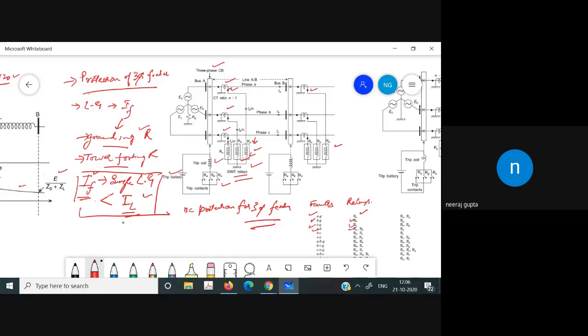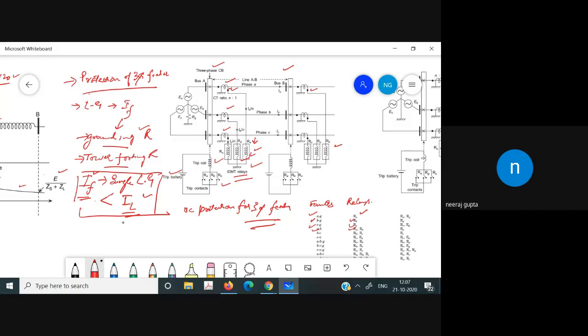So it will not cater this type of fault if we have a line to ground fault in which we have a high value of resistance due to the grounding or due to the tower footing resistance. These types of faults are not catered if we take this scheme into consideration. So what do we have to do? We have to modify this scheme. How to modify this scheme?